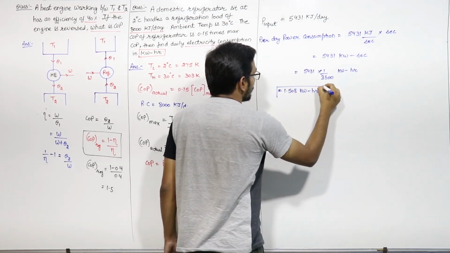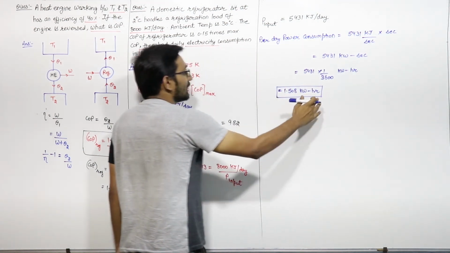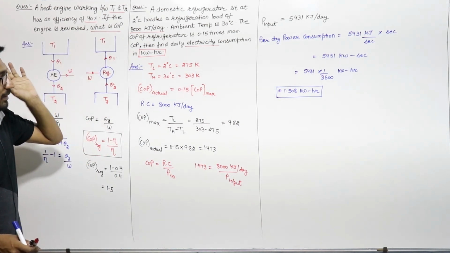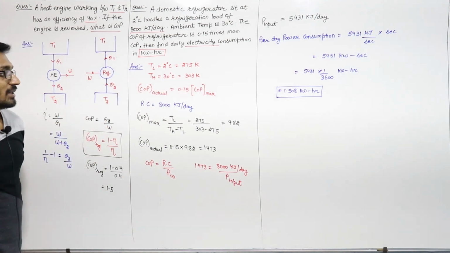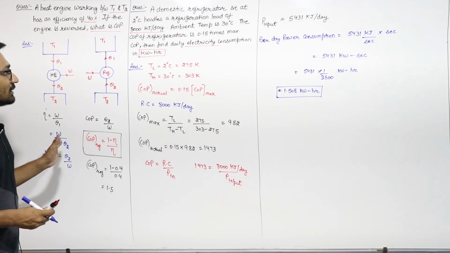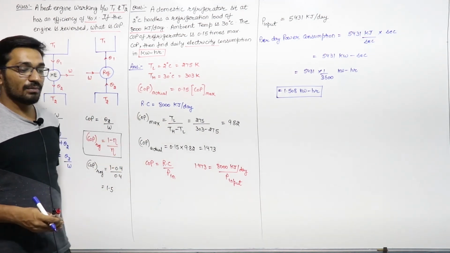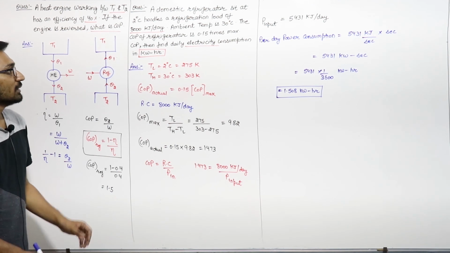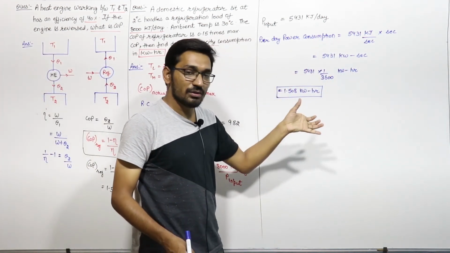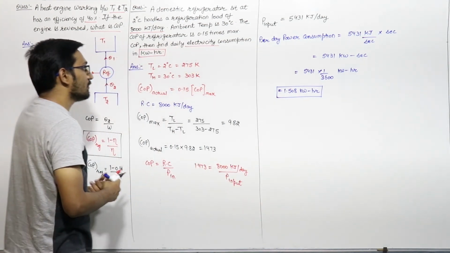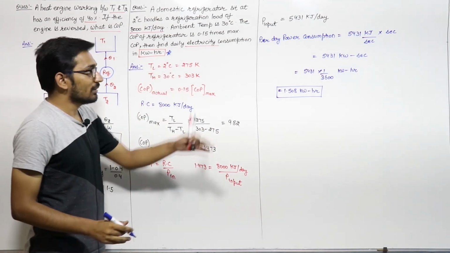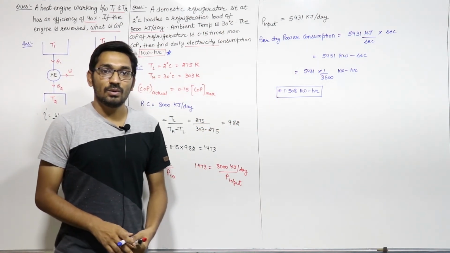This is the power consumption. You just have to take care of the units: in kilowatt hour, the daily consumption is 1.508. So this is the way to solve this kind of problem. This is a basic problem. In this way you will be able to convert the units. Unit conversion is important because we have to find the electricity consumption in kilowatt hour, right? So this is the way we can convert it into kilowatt hour.